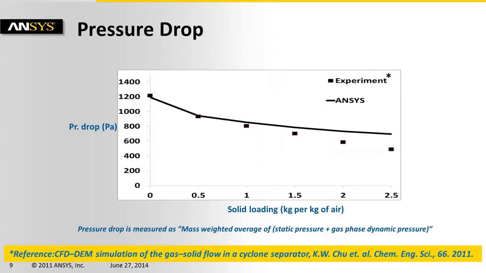Pressure drop is one of the most important parameters in the operation of a gas cyclone since it represents the energy consumption. As shown in this figure, the predicted pressure drop is in good agreement with the experimental measurement. Increasing solid loading decreases the pressure drop, which is consistent with the literature. However, it is interesting to note that this phenomenon was thought to be contrary to the rationale. For example, in fluidized bed or pneumatic conveying, the pressure drop usually increases with solid loading ratio.